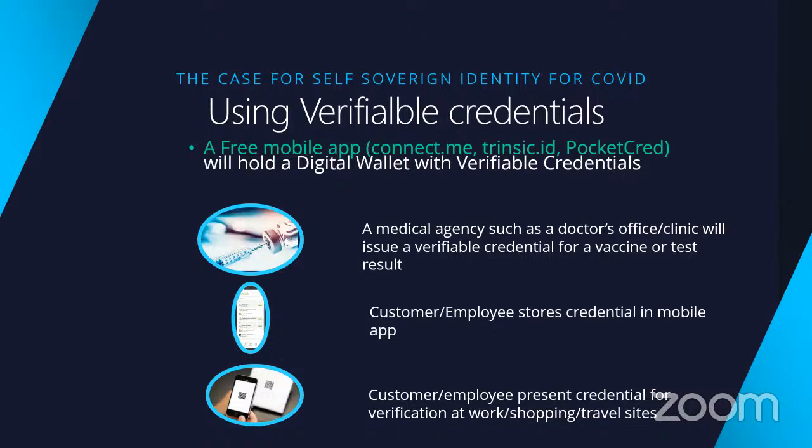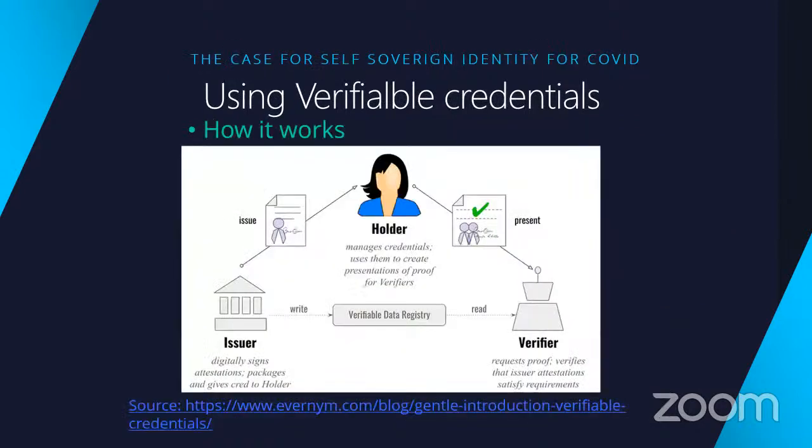And Ashish, go ahead to the next slide. So here, I skipped over the details of the previous slide so that I can cover it here. It is the same three-party interaction. There is an issuer who digitally signs a digital document, but the digital signature here can be much more sophisticated, using a slightly higher level of cryptography. The holder holds the credential. The communication between the issuer and holder uses DIDComm, so that there is a secure channel established by an initial exchange of keys, public-private key cryptography again,